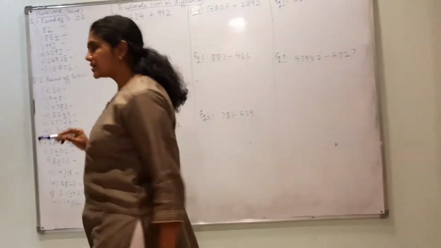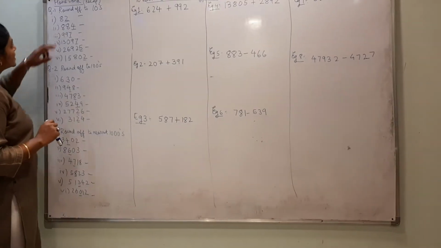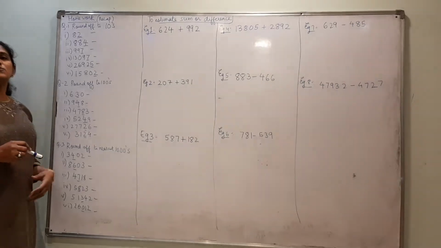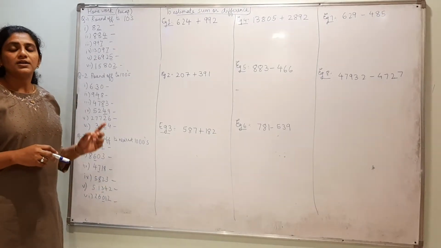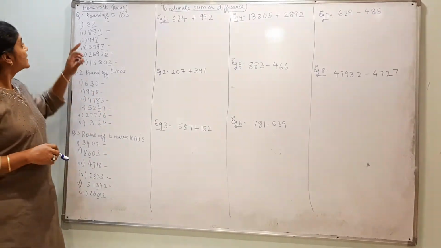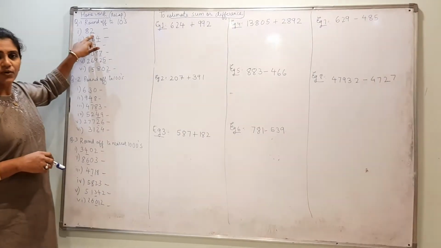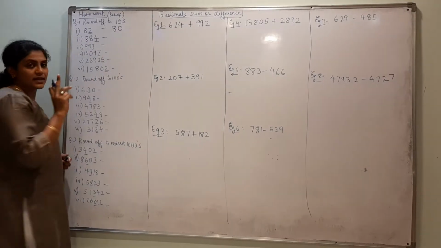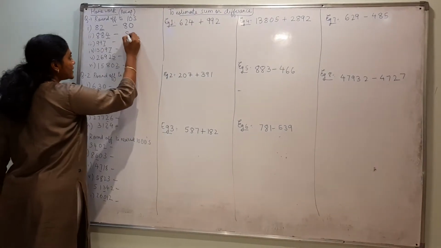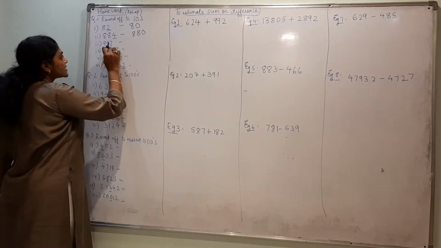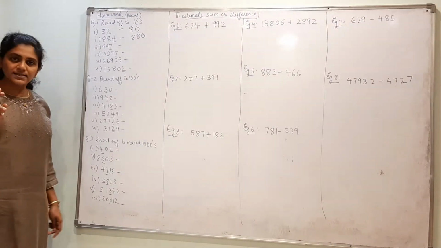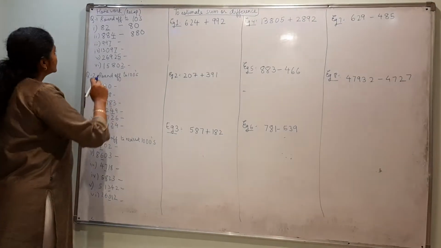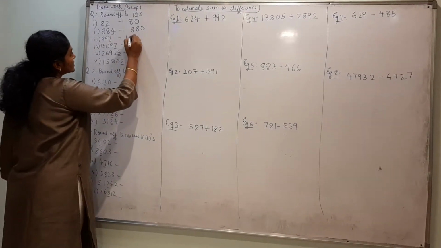So in the worksheet, starting with question 1 was rounding off to tens. Tens means we have to look at the ones place. It is less than 5, so it will be 80. Again it is less than 5, it will be 880. 9 and 7, ones place it is more than 5, so you have to add 1 to it, so this will be 1000,